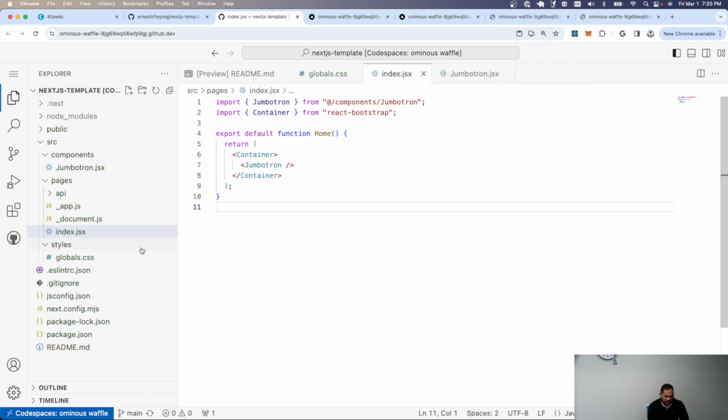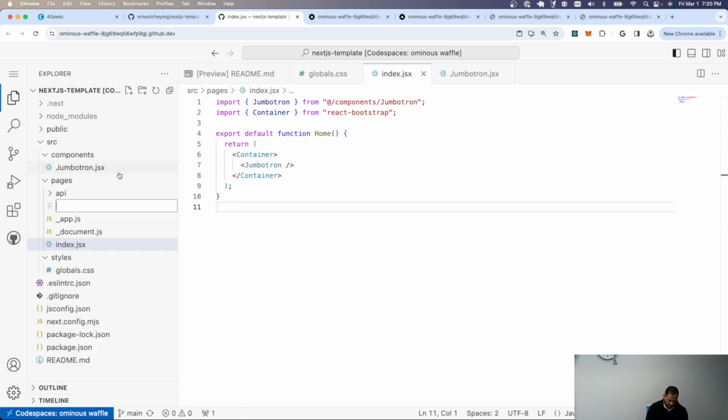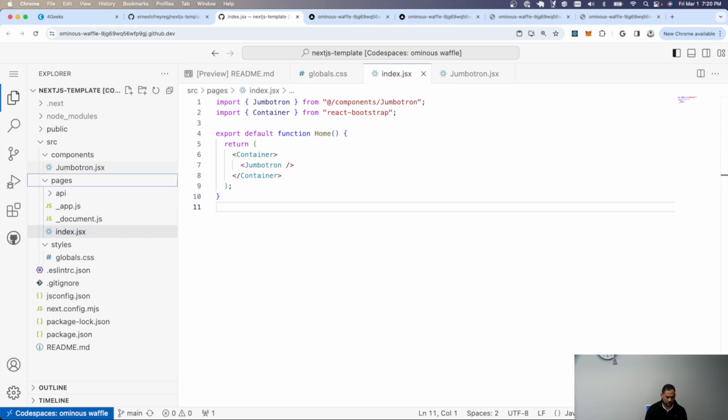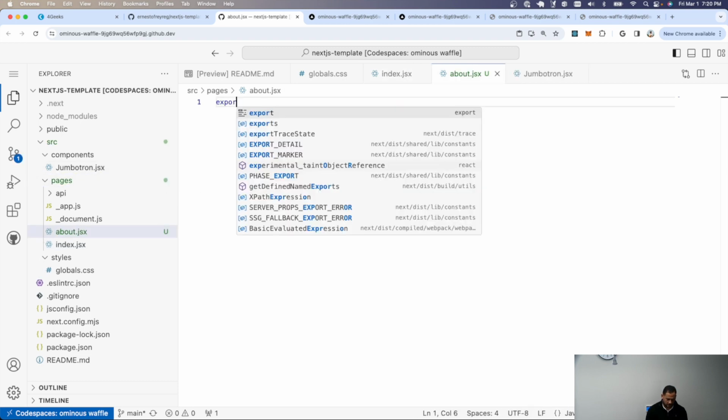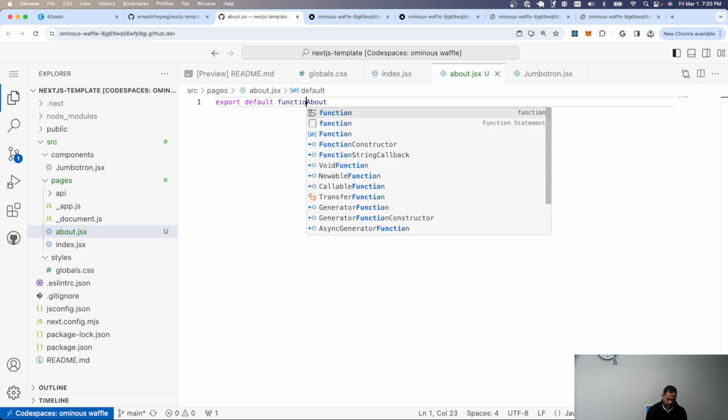Okay, everything you put inside pages is a page, right? So right now we have only the index page. The index page is just the root. But what if we create a new one? Let's create the about.jsx, right? And in that about, I would do this: export the file about, actually function About,